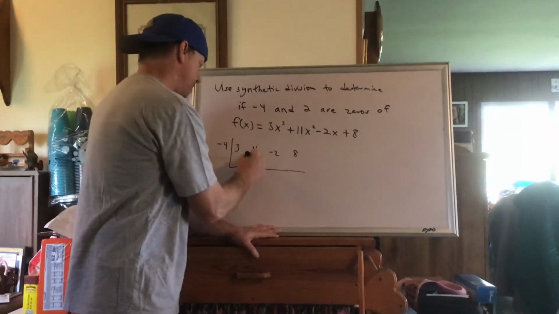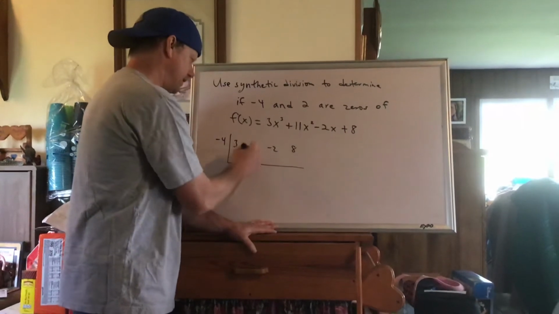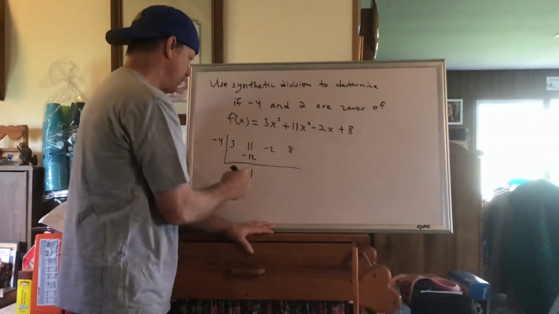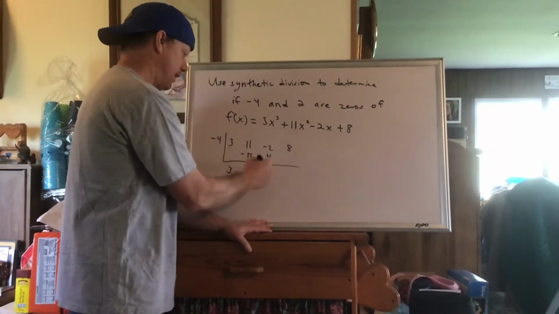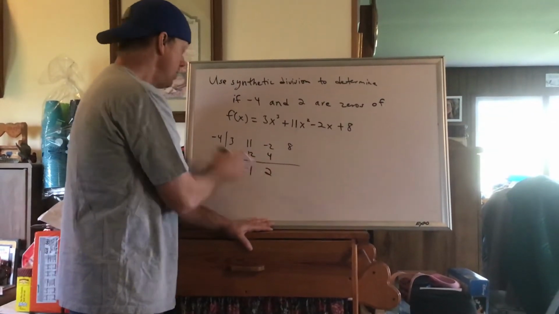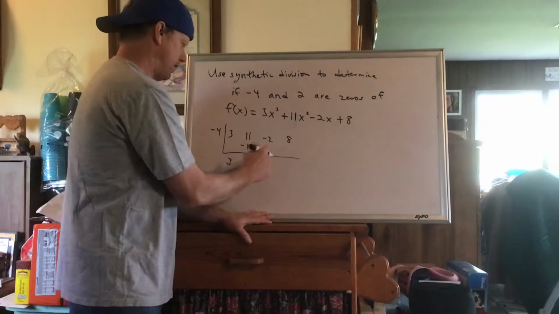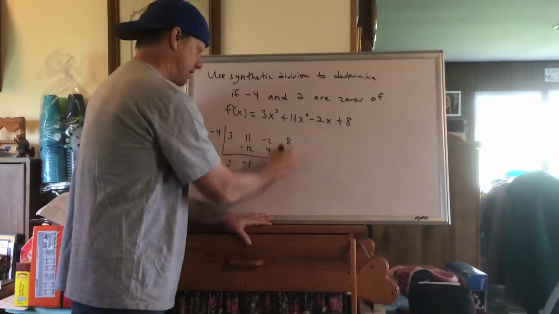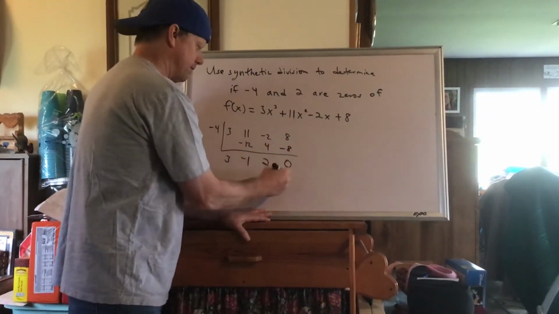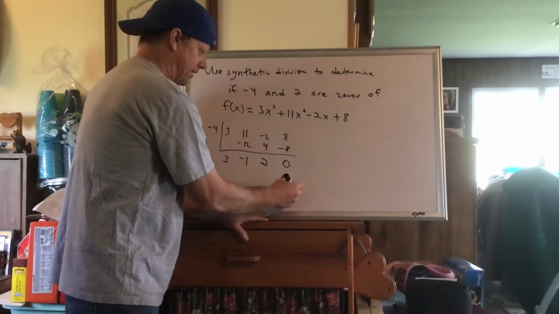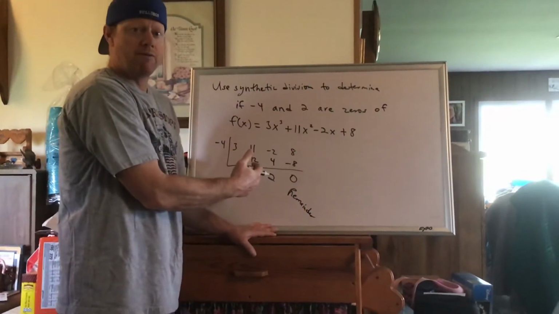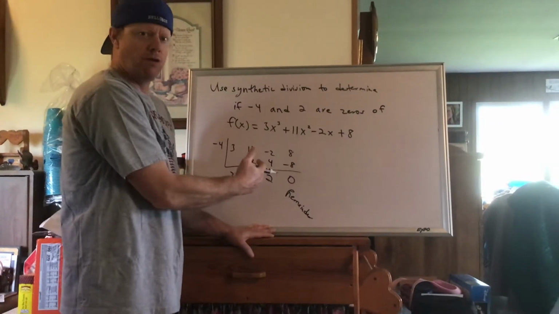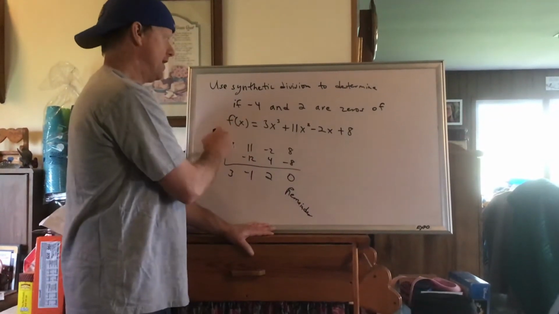-4 times 3 is -12. Add 11 plus -12 is -1. Multiply -4 times -1 is +4. Add 4 plus -2 is 2. Multiply -4 times 2 is -8. Add 8 plus -8 is 0. Of course, the last number is our remainder. We did get 0 for a remainder. Since we got 0 for a remainder, that means yes,